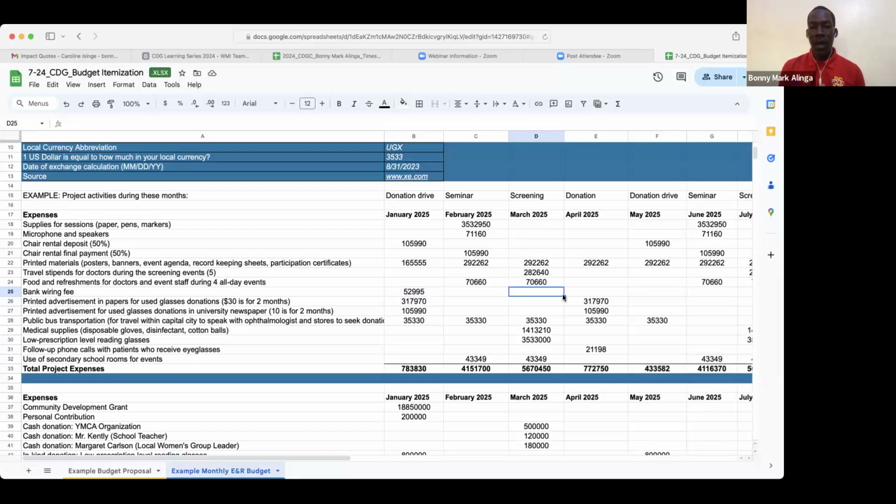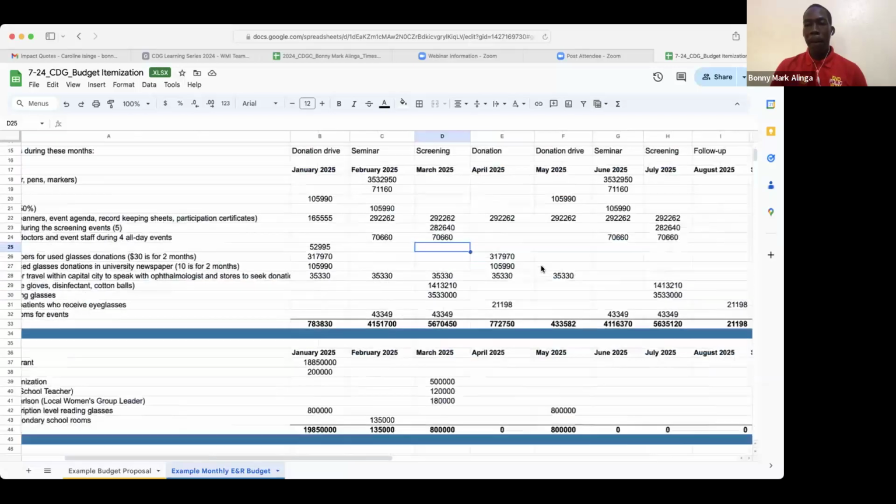So you find that the donation drive is in the first month, the seminar is taking place in the second month, the screening is taking place in the third month, the donation again is taking place in the fourth month, and donation drive is coming again in the fifth month, and the seminar again, starting like that. So you are running a seminar, you're running a budget, you're doing budget mobilization. When do I spend money on this? As per this budget